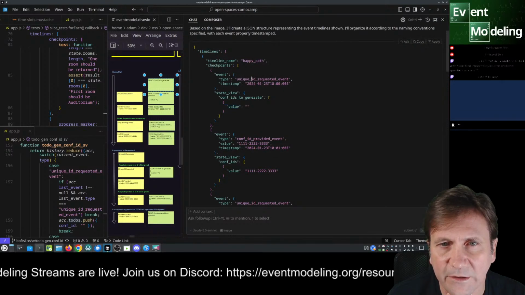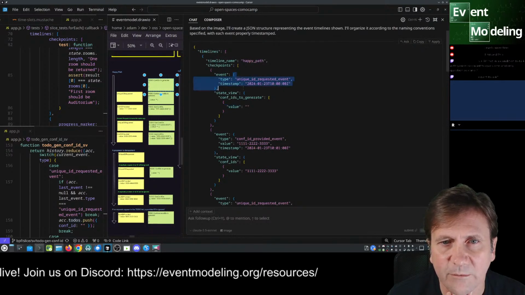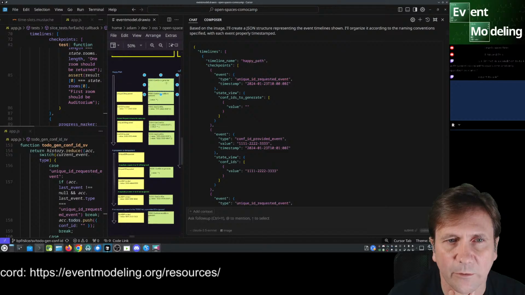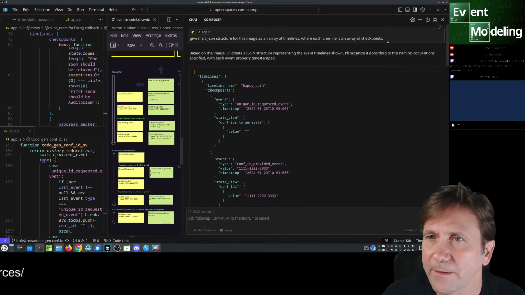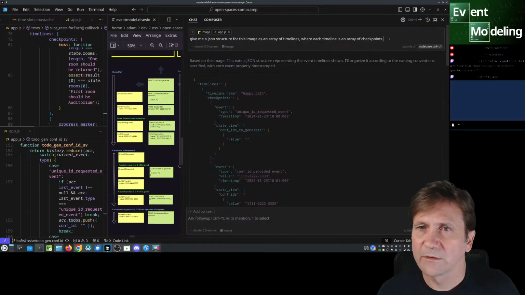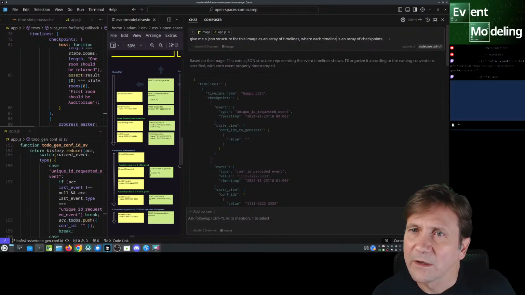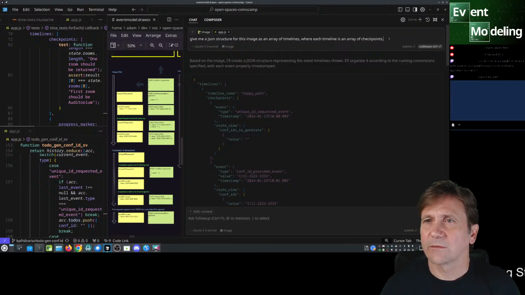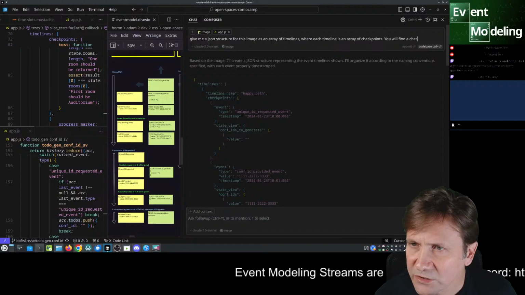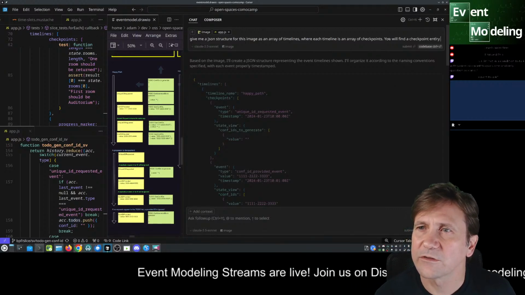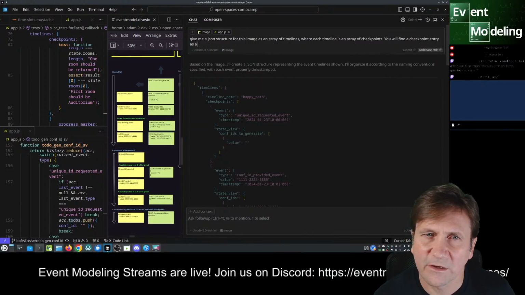Okay, it did miss the first row again. So I have to say each row is an entry. Checkpoints. You will find a checkpoint entry as a row.